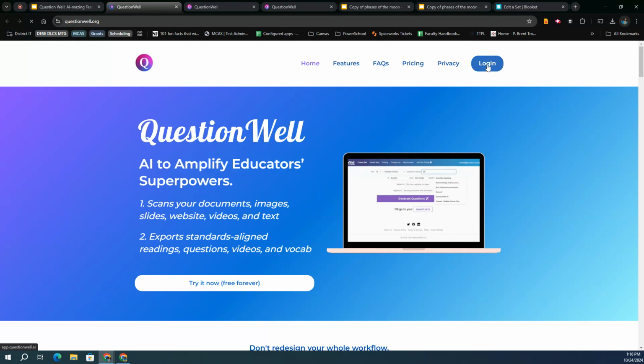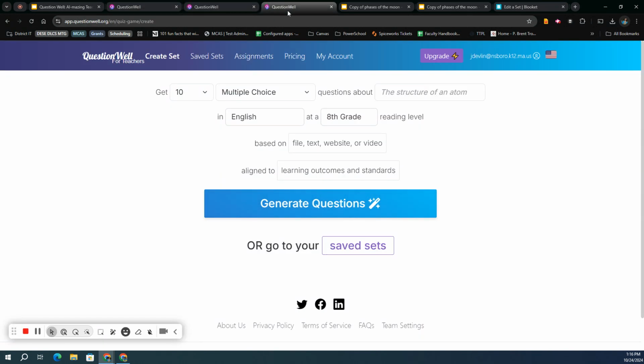It'll bring you to the home page where you'll be able to log in using your school Google account. I am already logged in here, so I'm going to switch tabs. Whoops, I'm going to switch tabs, and this is the home page. So this is how simple it looks every single time you use it. If you spring for the paid version, you can make 20 questions. For the free version, you get 5 or 10. You can choose multiple choice, but you can also, if you spring for the paid version, choose these other types of questions. You can type in a subject, or you can be very specific and give it a very specific prompt. I'm going to use the subject tectonic plates,